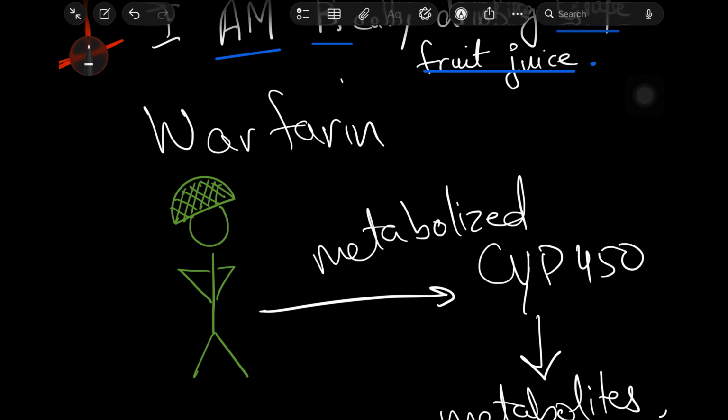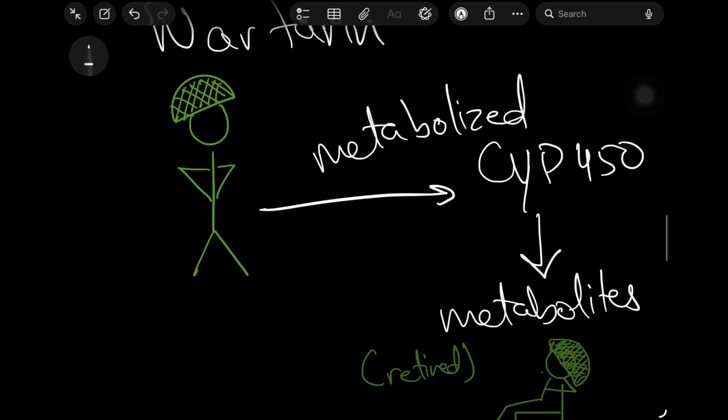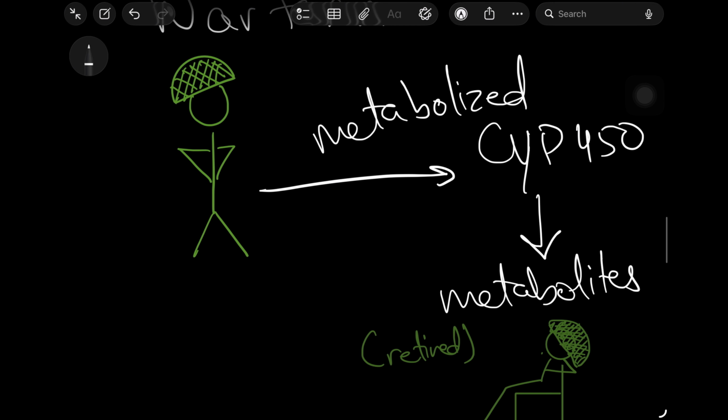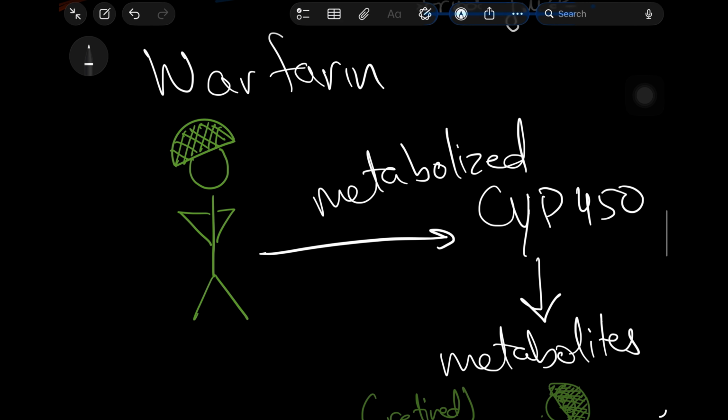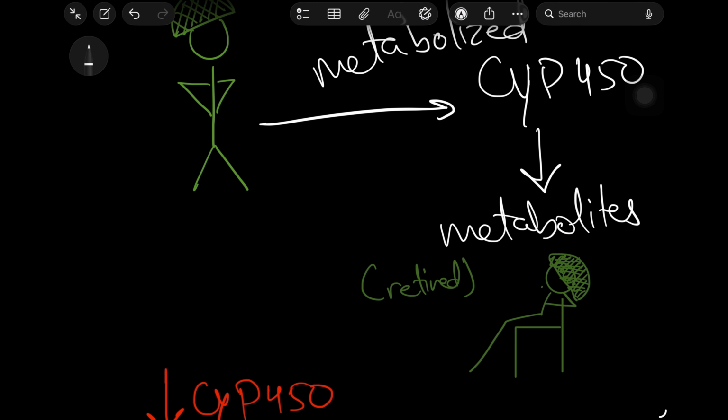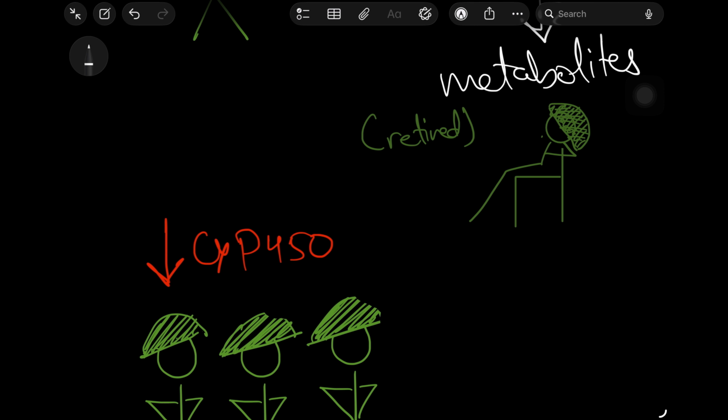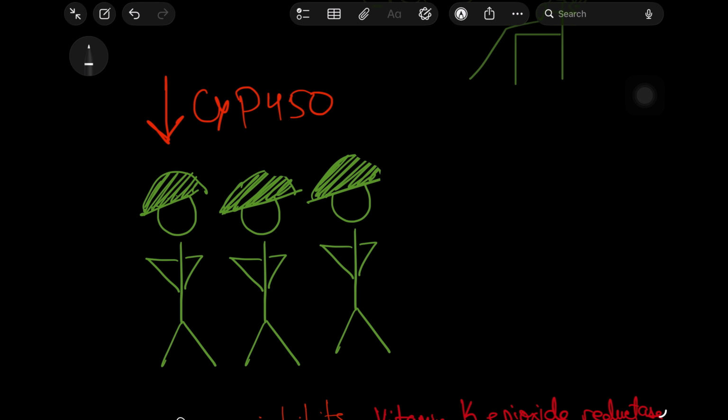So if warfarin is normally metabolized by the CYP450 system and turned into its metabolites and then hepatically excreted, you can imagine that a soldier, as drawn in Sketchy, a warfare time soldier would become retired once it's turned into a metabolite and no longer exerts its effects. But if you inhibit the CYP450 system, all of a sudden none of your soldiers are retiring. In other words, warfarin starts to accumulate in the body. And so you actually go into warfarin toxicity. So here we see a lot of soldiers,